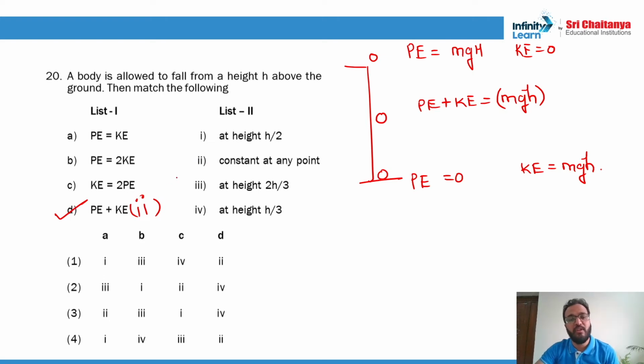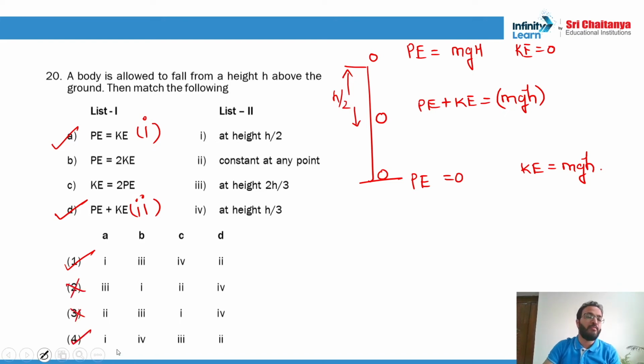For option D, you need to connect it with the second option of list 2. Now first, potential energy and kinetic energy are the same, obviously at the midpoint. When height is h by 2, they are the same, right? So this is first. So can you see any option having A and D as 1 and 2? Okay, the first option is matching. Wrong, wrong. The fourth option is also matching. So out of first and fourth, one of the options is right. Now we have to just check for either B or C, anyone.